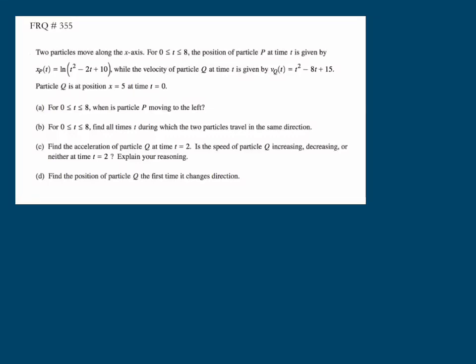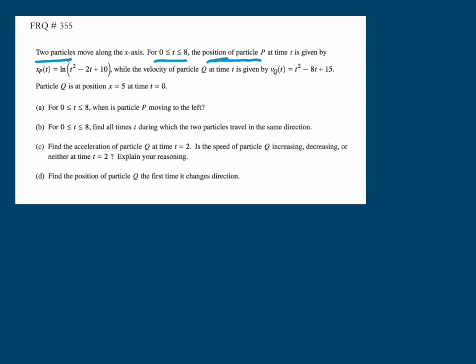Okay guys, this is FRQ 355, particle motion again. Let's look at this question. It's kind of interesting. First of all, you start with two particles. It goes from 0 to 8 for both of them. Well, it really doesn't say 0 to 8 for Q, but anyway, the position